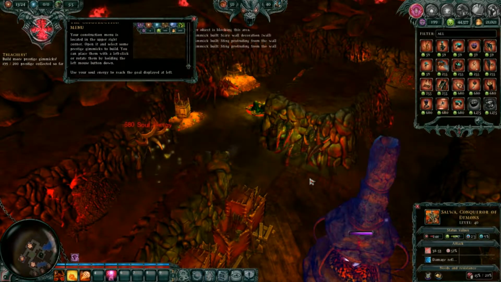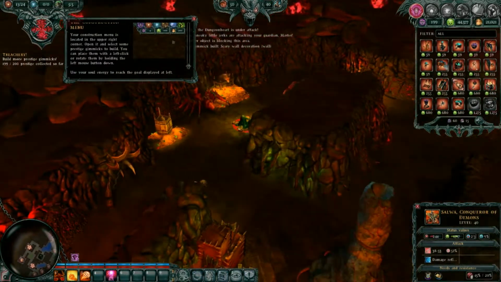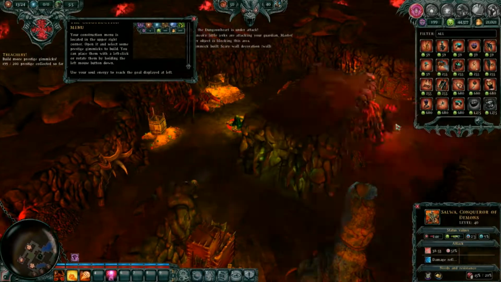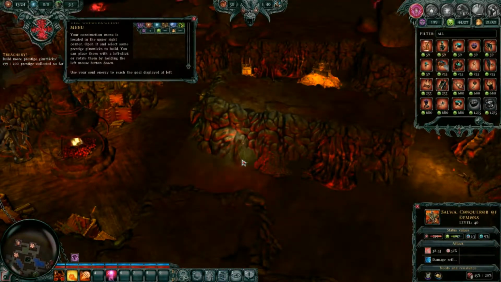I don't think I could put them both there. Nah, I couldn't. Nope. We only need one more prestige, so we could probably just throw like...